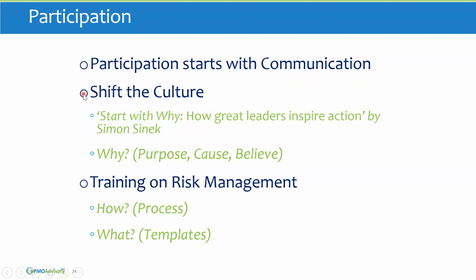You want to shift the culture in your organization or even on your project. There's a gentleman by the name of Simon Sinek, and if you don't follow him, I highly recommend you follow him. You can actually follow him on LinkedIn. I went on to LinkedIn today to look at a profile for somebody who one of my contract organizations was looking to hire. And so I went on to LinkedIn, and there was Simon Sinek with a post, and he was actually talking about hiring, which is very, very funny. Anyway, if you follow Simon Sinek, you'll get those posts.